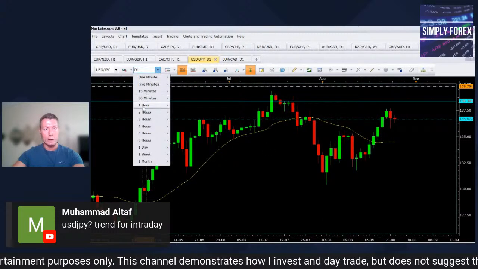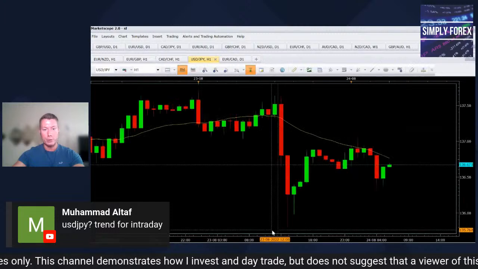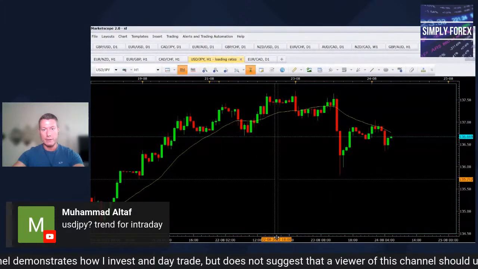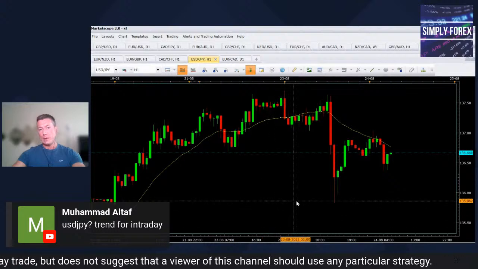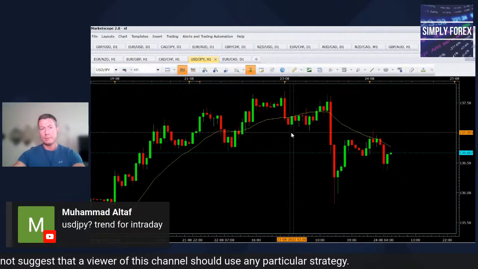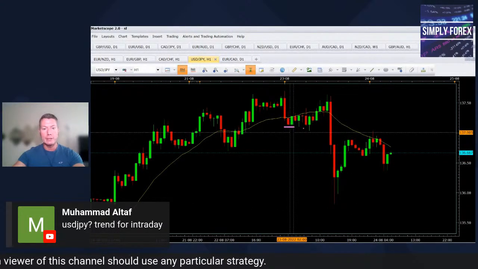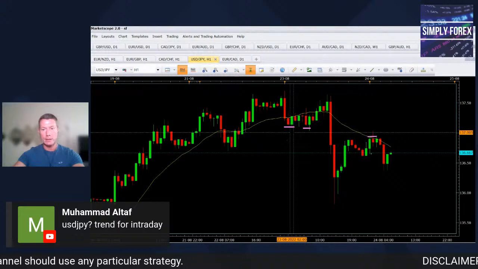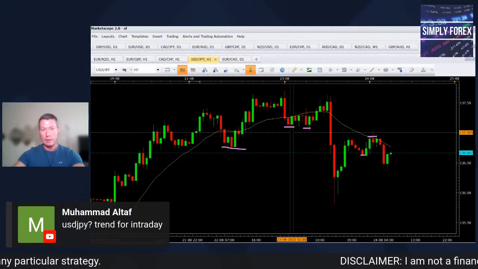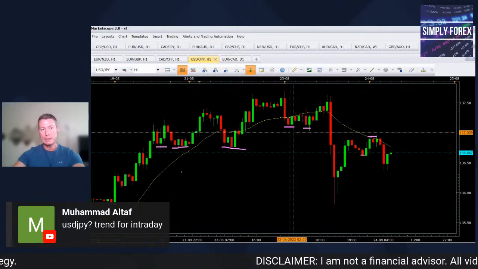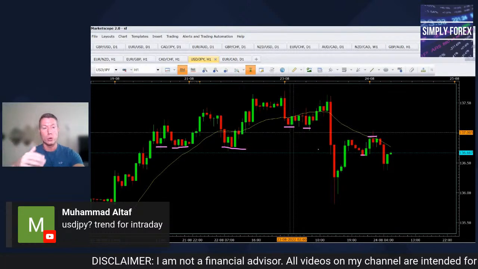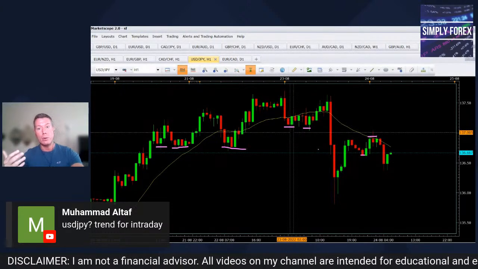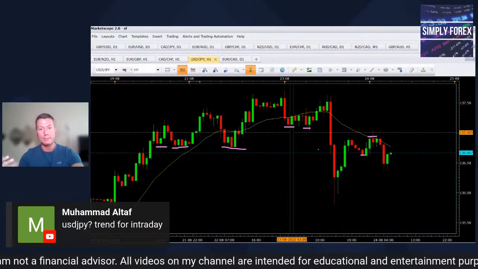Let's look at the H1 now for our criteria. Let's plot these zones together. Okay, so yeah, I'm just showing what I'm looking at. I'm looking at this area. Yeah, I'm looking at these highs. I'm looking at this low. I'm even looking at these zones over here. So I'm looking at all of this. This could all impact our long trade.